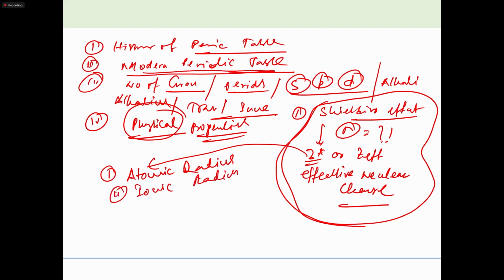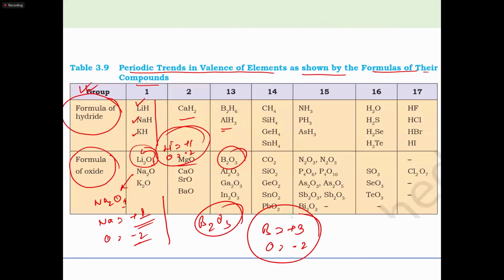Okay, this ionic radius. Then we are talking about ionization enthalpy, electron gain enthalpy, and electronegativity also. Metallic character, non-metallic character. So these are the physical properties, and in that class, I have also talked about the valency and the oxidation state, and some chemical properties. So overall, in this class, in this chapter,